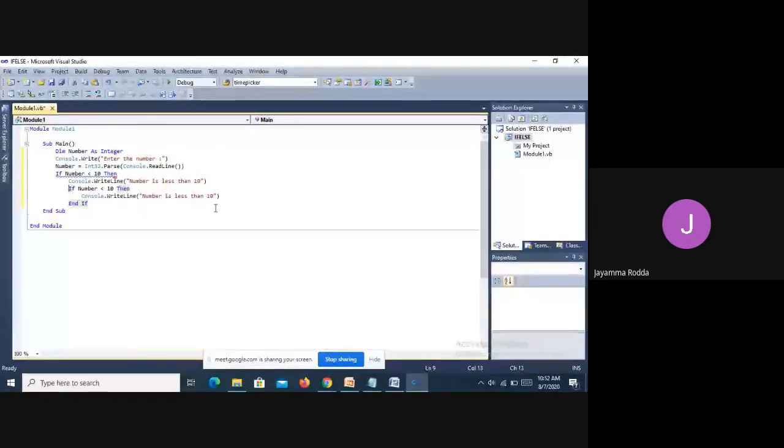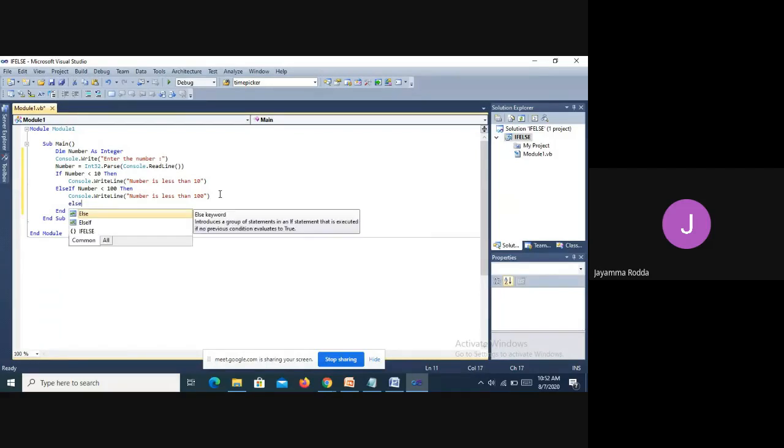I just copied and pasted here. That's all. Else If number is less than 100. What output statement should I write? "Number is less than 100." If, Else If, and then finally should be the Else part.